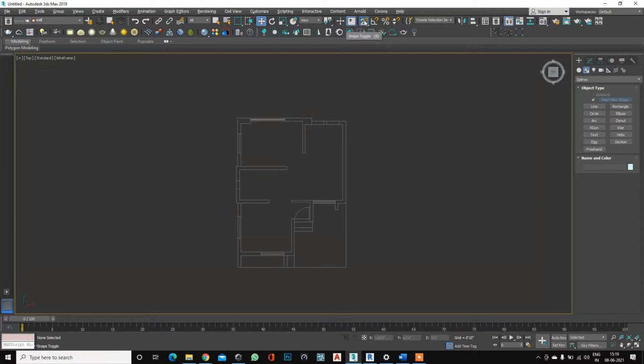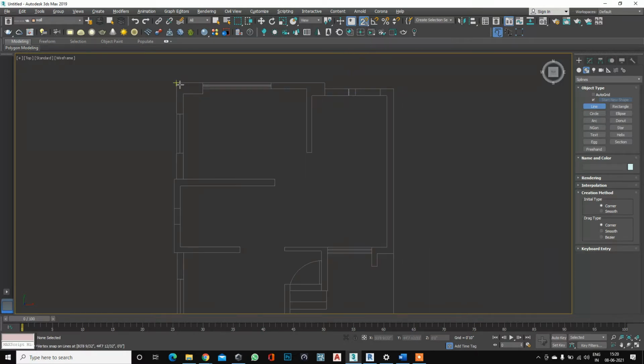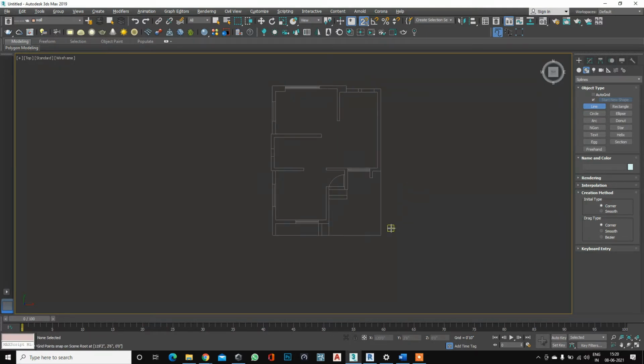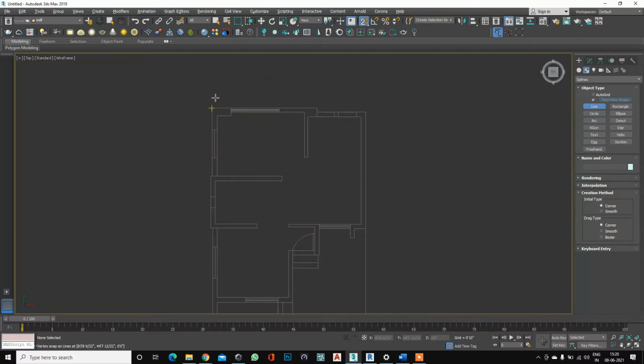Then what we need to do, first of all, is understand these parameters. This is called the snapping toggle. What it means is that right now it is on 2.5. Now you can see that when I just select a line, it automatically snaps to the intersection points. So here is 2.5. That means if you want to work on a base surface, like this is our base surface, then you may ask what our upper surface is.